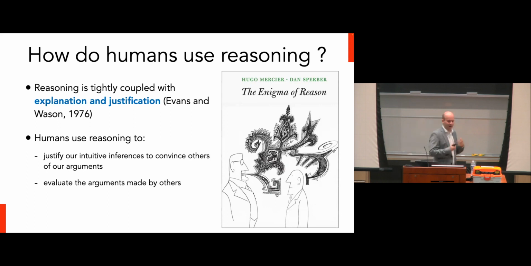We can't really just say that we disagree with someone because we think so. We need to be able to provide reasons for them. And so when we evaluate the arguments of others, and specifically when we justify our own decisions to other people, is when we typically do this conscious act of reasoning, as opposed to having it be an internalized system that we do naturally. And so reasoning then becomes most effective as a retrospective act of justification, as opposed to some prospective act of inquiry. If you're interested in this, I encourage you to read more into these concepts.